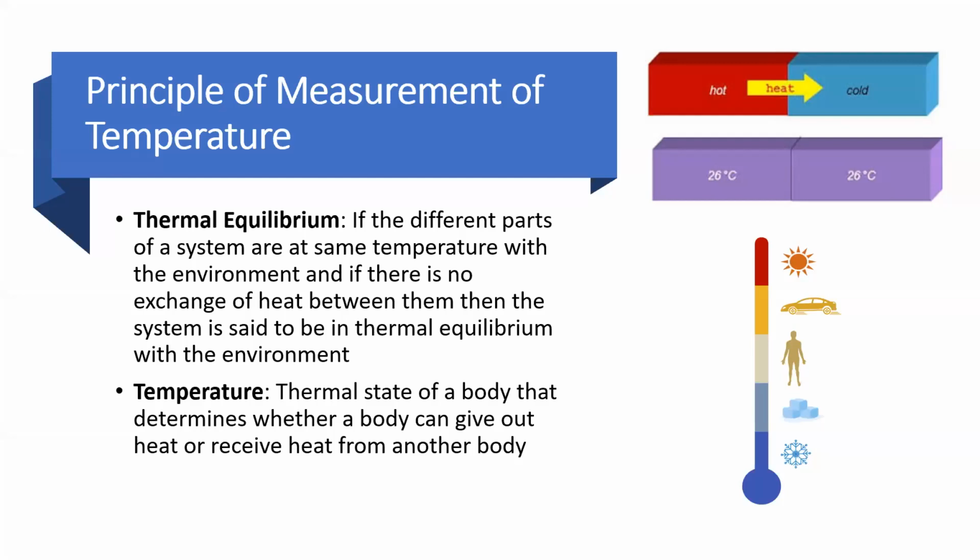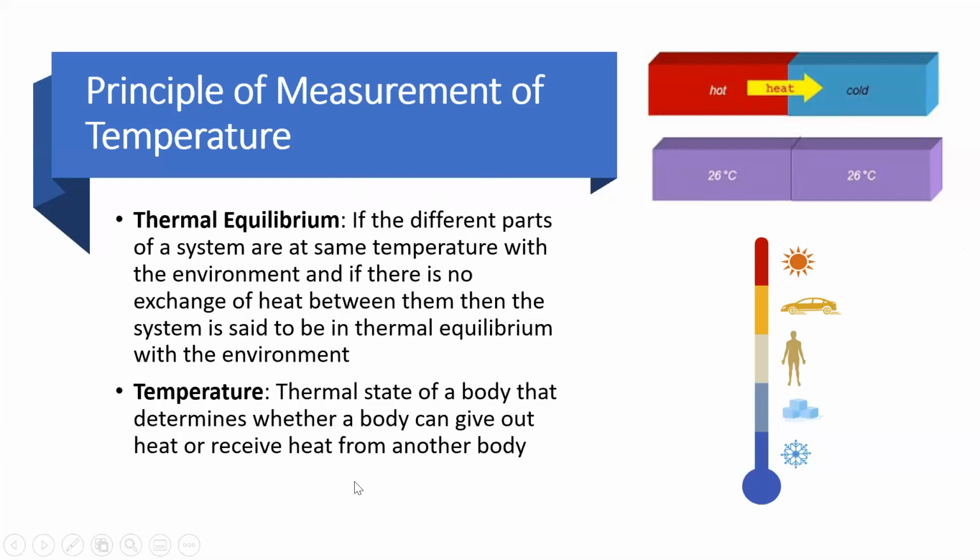So first of all, what is meant by temperature? Temperature is the thermal state of a body that determines whether a body can give out heat or receive heat from another body. So temperature is just the state of heat in our body. So it's a state of a body, and that determines whether a body can give out heat or receive heat